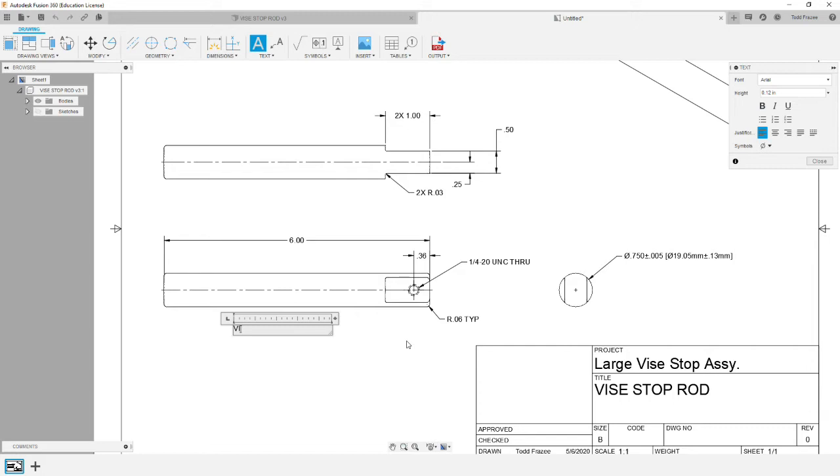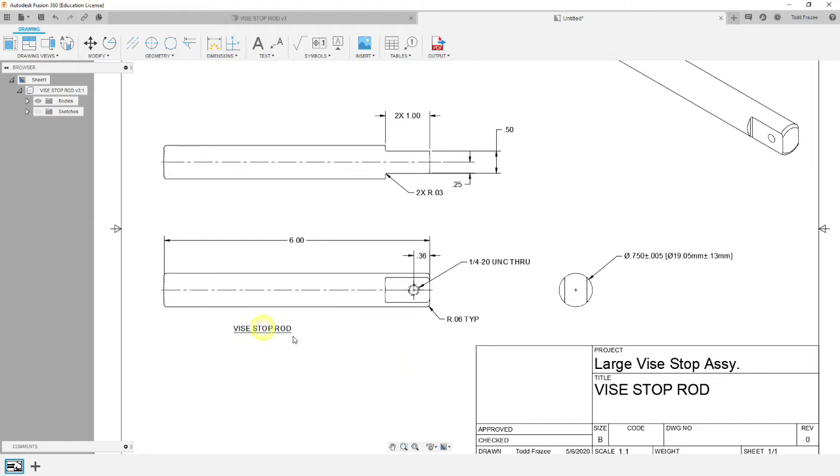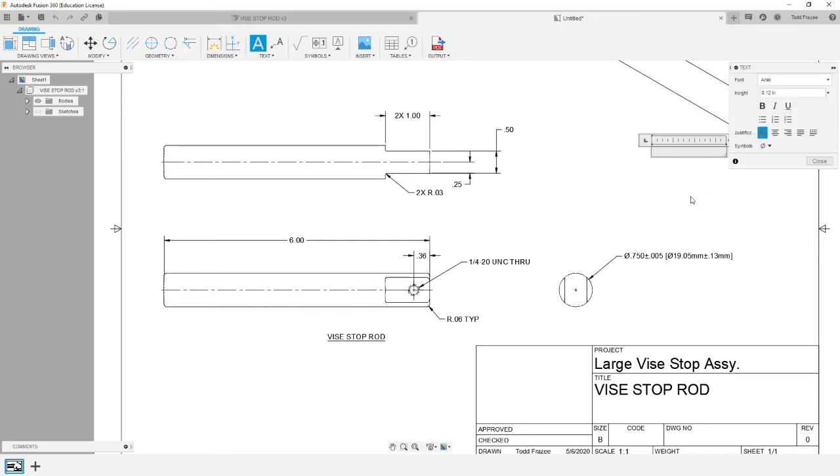Vise Stop Rod. Different companies have different standards for it. The last one I was working at, they always had it underlined and would put the individual view like that. Named that one, and it's going to be Vise Stop